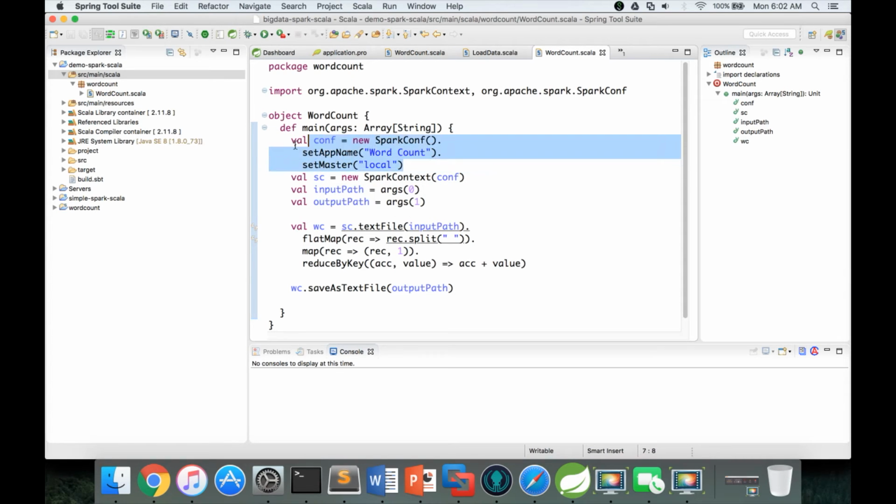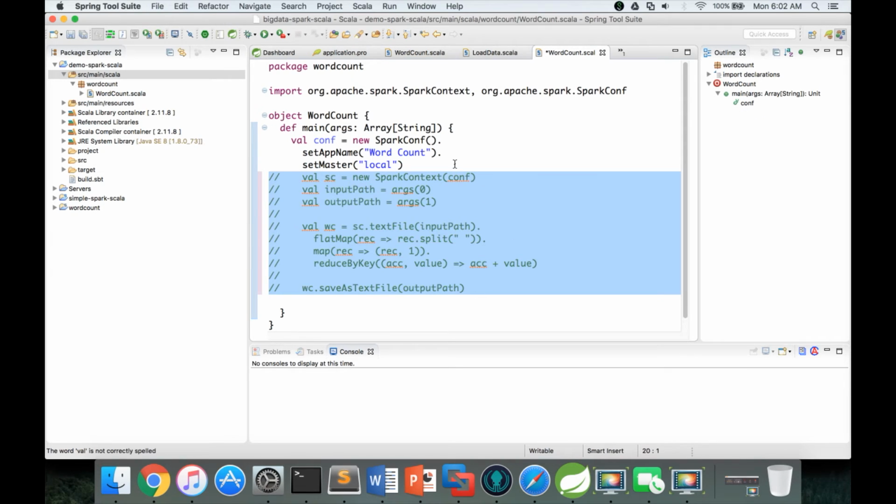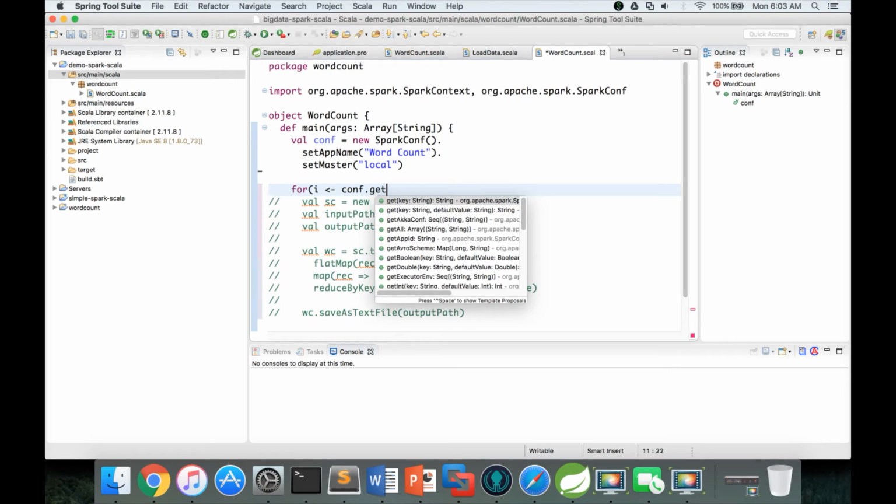So this is how you can set the parameters. Let me comment these things out. Okay, now it is commented out, and actually I can read all the parameters that are part of that SparkConf by saying conf.getAll.